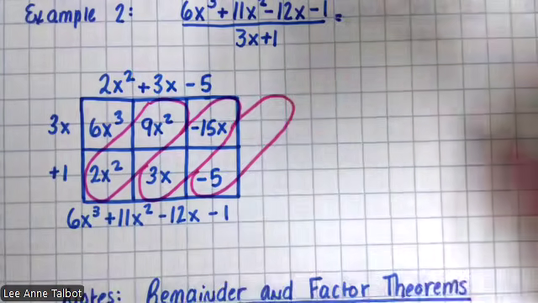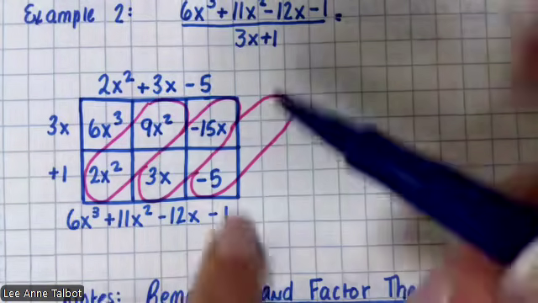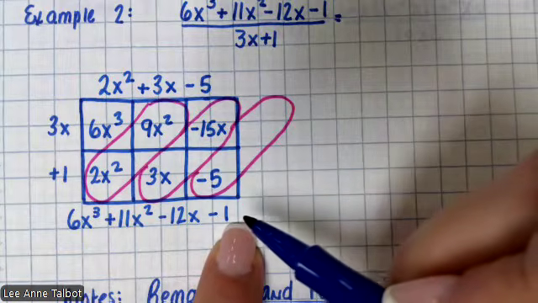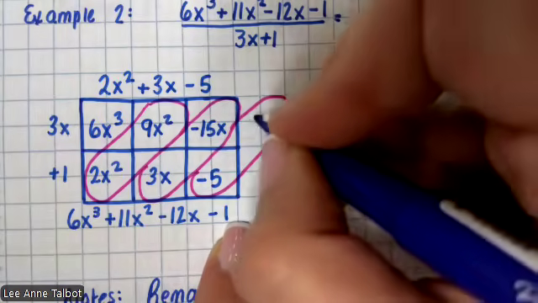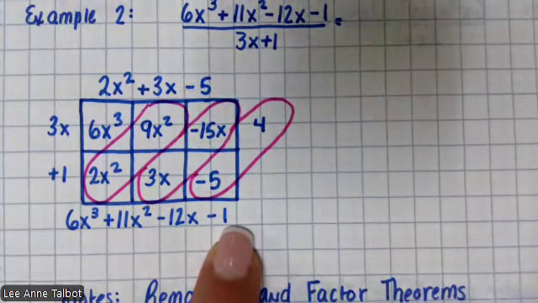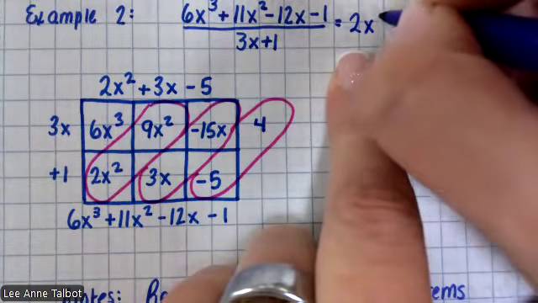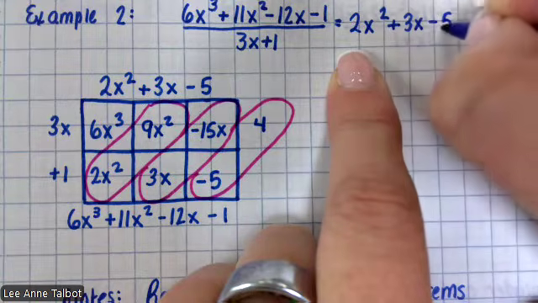Just keep my process going. I have negative 5. I need negative 1. What has to go here? 4. Okay, so my answer is 2x squared plus 3x minus 5